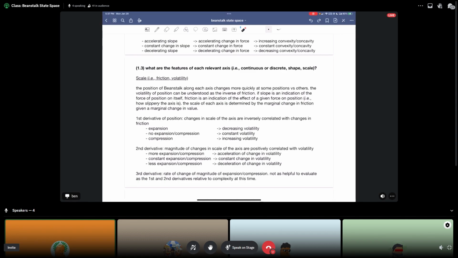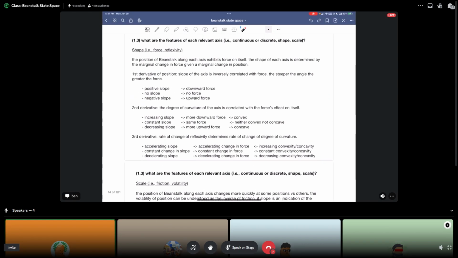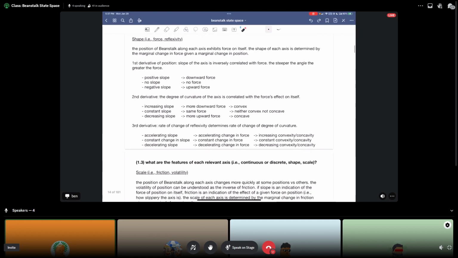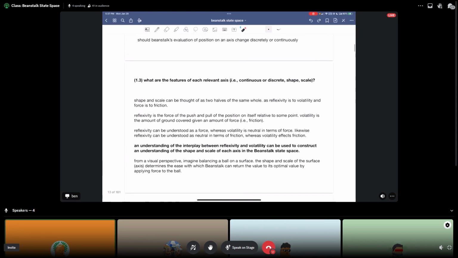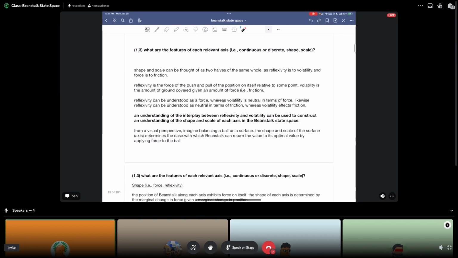Whereas at higher liquidity levels, it's harder for Beanstalk to experience as much price volatility or reflexivity. So in practice, the relationship between shape and scale is deeply intertwined. And so understanding reflexivity and volatility,